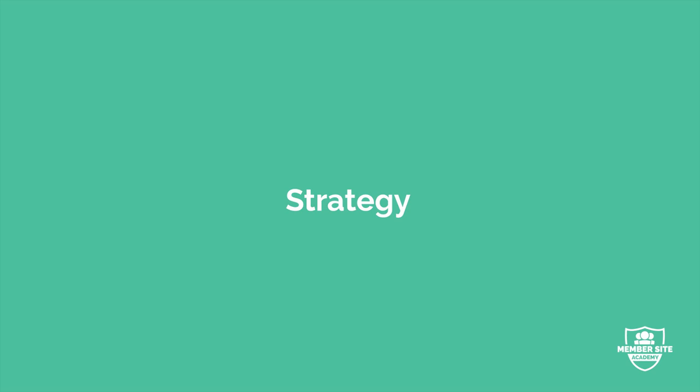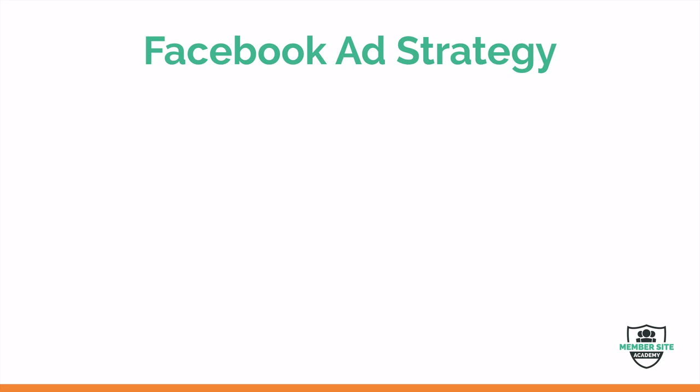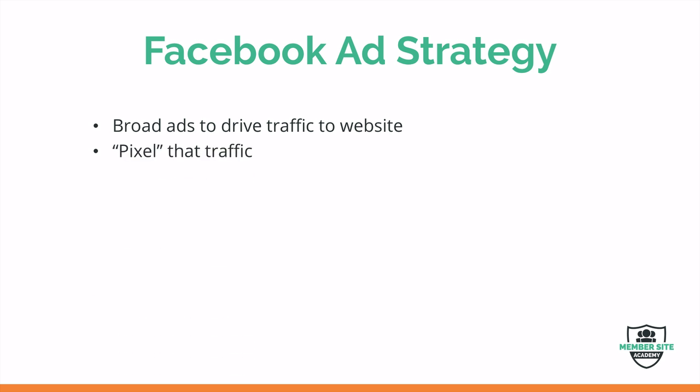As with any marketing or advertising activity, it's important that we have an underpinning strategy in place to make sure that we're getting a good return for the money that we're spending. So the strategy that we're going to be using for our Facebook advertising here is what we call an ascension strategy. So the first part of that is using more broad adverts to drive traffic to your website. So that would be promoting blog content, promoting key articles or resources on your website. And the purpose here is just to get traffic on your site, because once they're on your site, we can